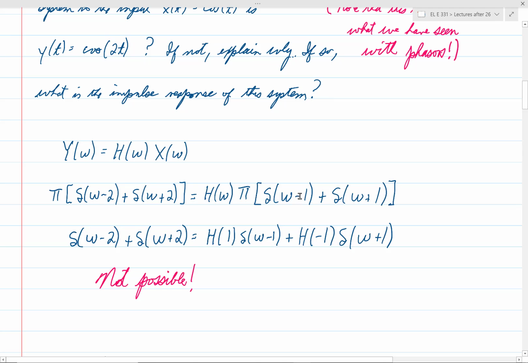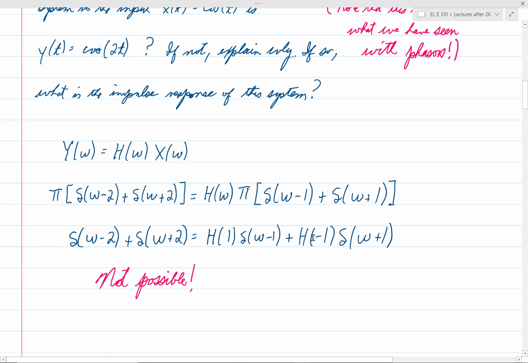So H of omega times delta of omega minus 1 is the same thing as H of 1 times delta of omega minus 1. And H of omega times delta of omega plus 1 is the same thing as H